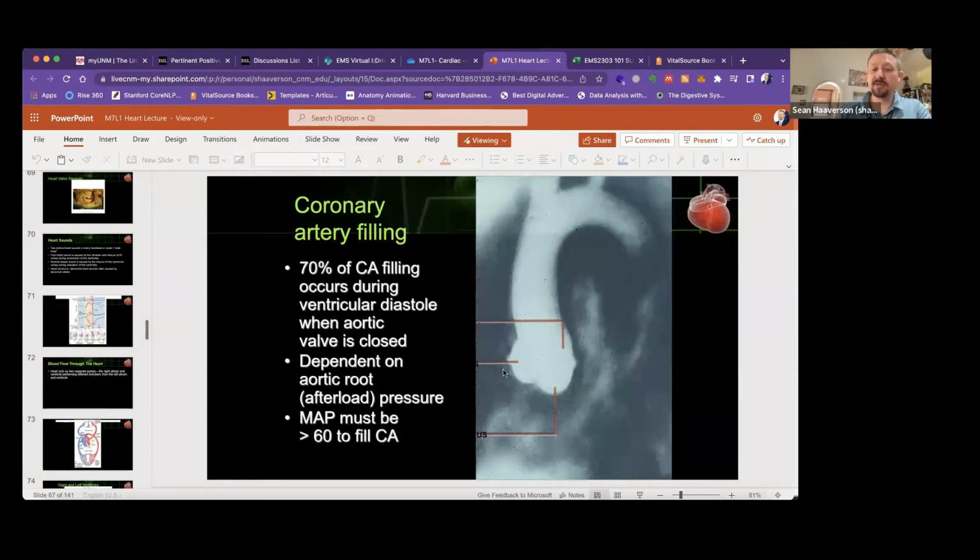So in the background here, this is the heart tissue. This is the branch, the little bud that will become the left coronary artery. This will be the right coronary artery. And then this is the aorta branching up and going off, and we can see some of our major arteries branching off the aortic arch. So a reminder that when our coronary arteries fill, that's generally going to be during the diastolic phase, meaning the